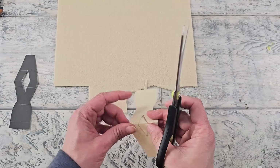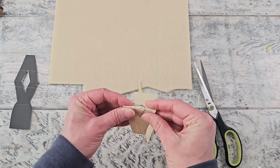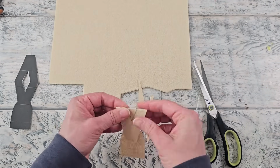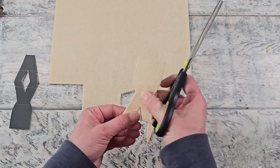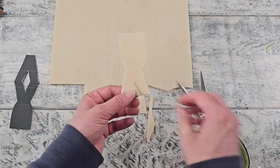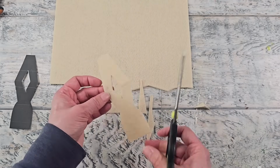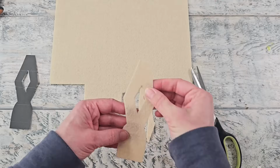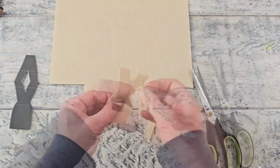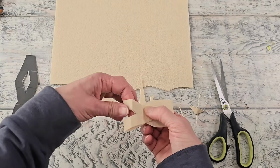Once you have it cut out, you can cut out that star portion again by folding it and then cutting into it, and then you can just cut out the excess. I was thinking you could probably use a ruler and a craft knife as well if you wanted to make it a little bit easier. I'm just trimming it down just a little bit because I cut it a little bit unevenly, but you can see how it folds over, and then you've got a dress